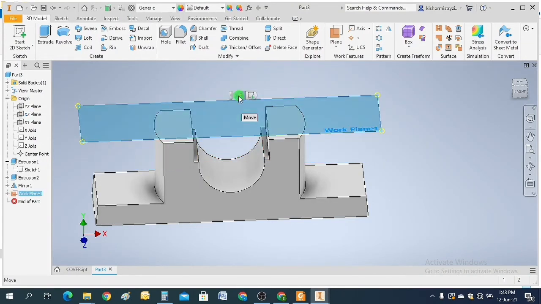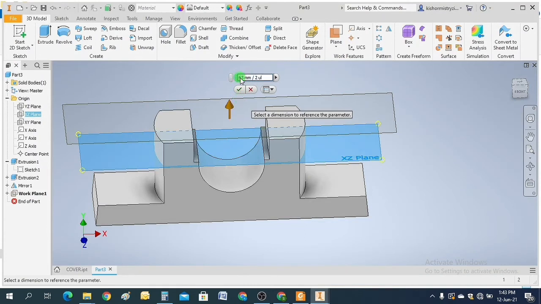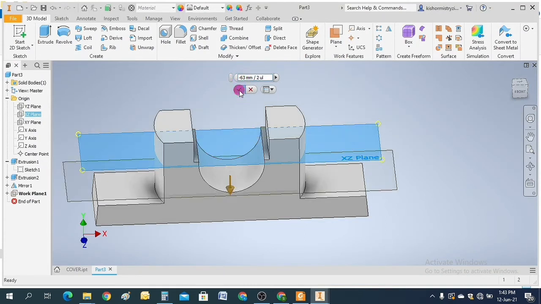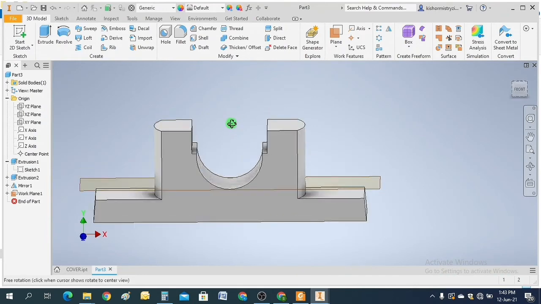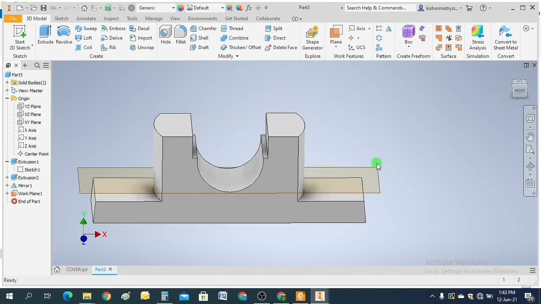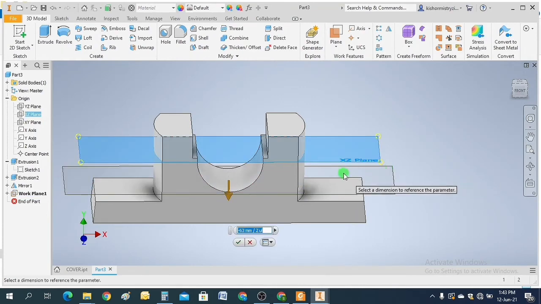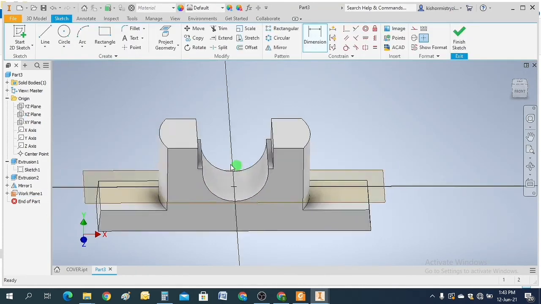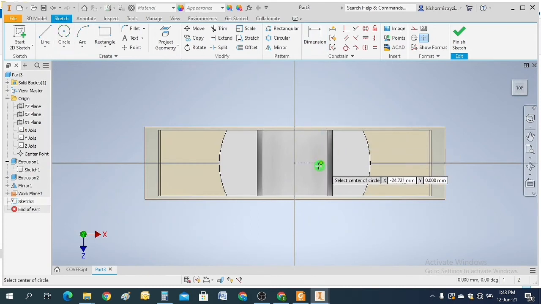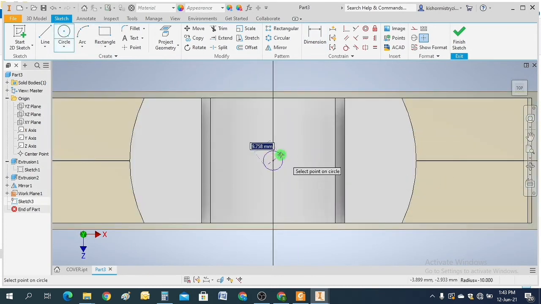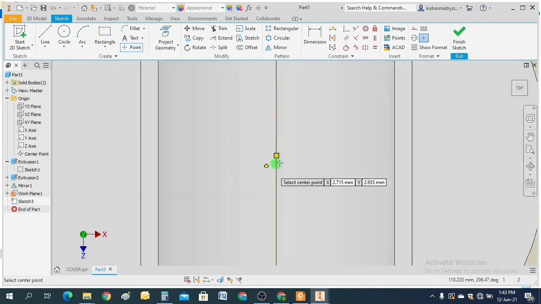I want it in the other direction, so minus 63 divided by 2. It will be just projected here. So again I will go to create sketch. I will draw a circle this time, give dimension, or otherwise you can create a point and exit.